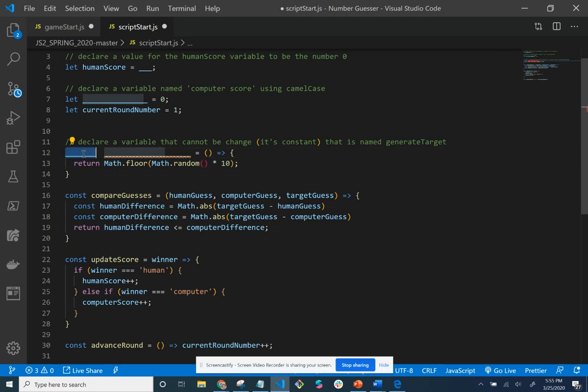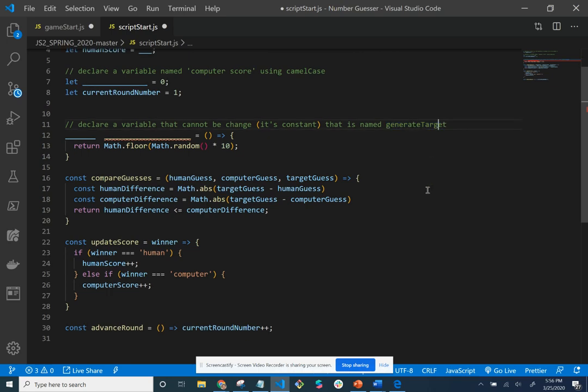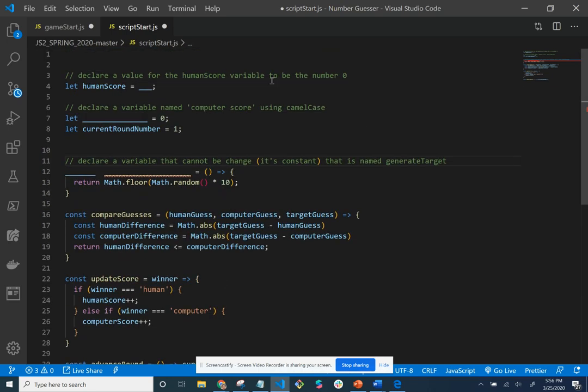So for here, you would put down the declaration for the variable of let or const. Remember, we want it to be constant, to be not changed. And we want the variable name to be generate target. And this is already using camel casing. So those are the things that I want you to update. And after you do that,